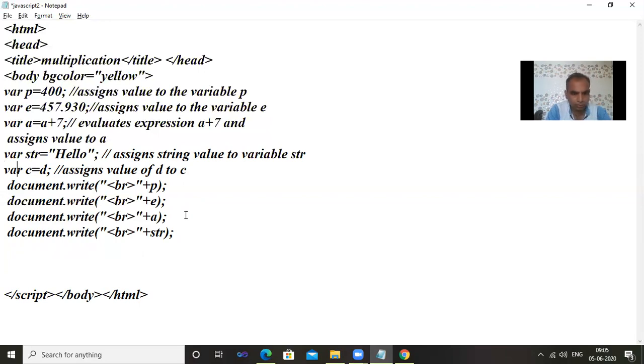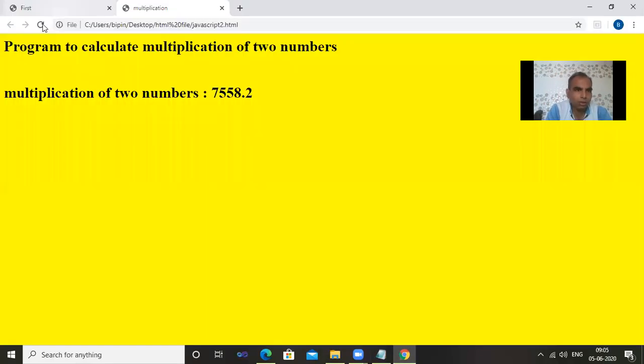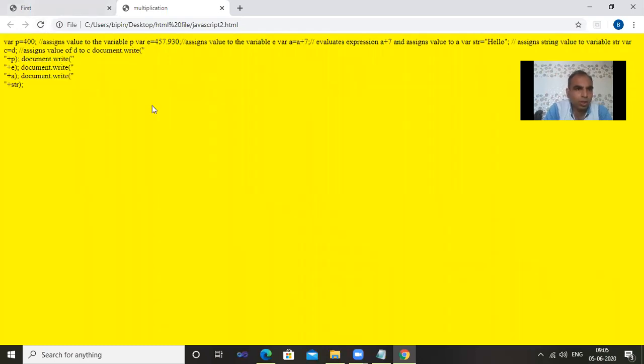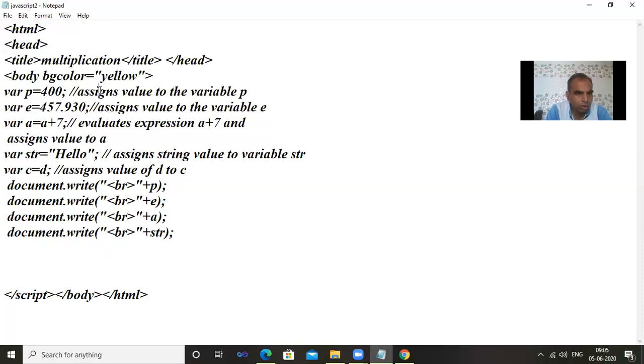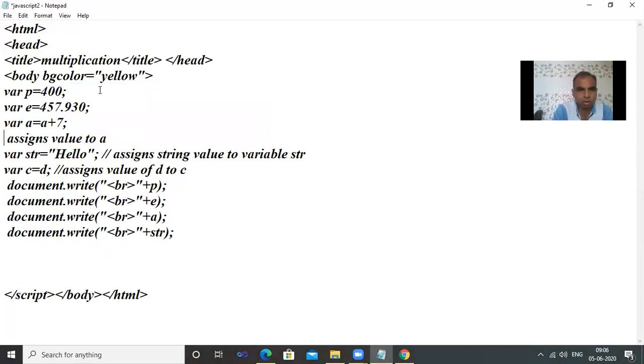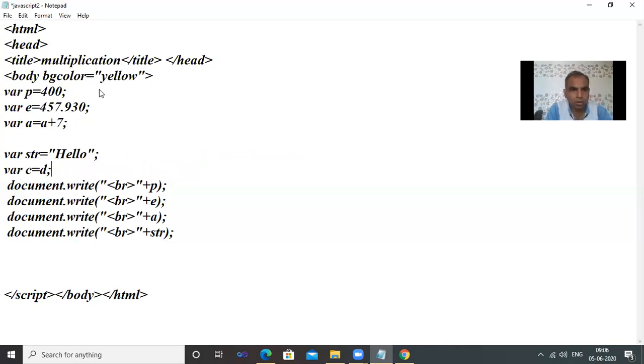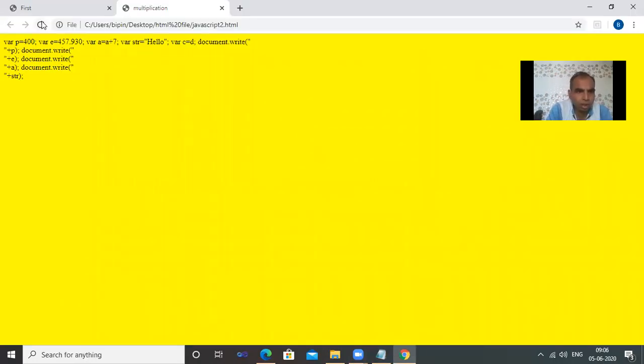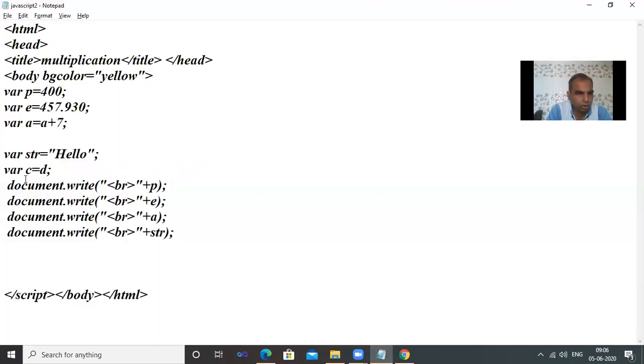Now save the work, and here you just have to refresh it. File save, again refresh it. Here there is a mistake: c is equal to d.